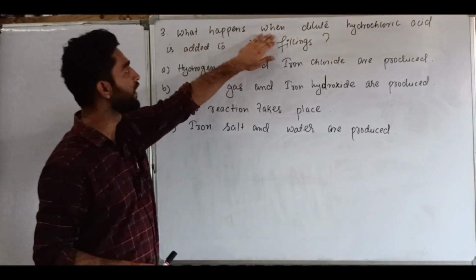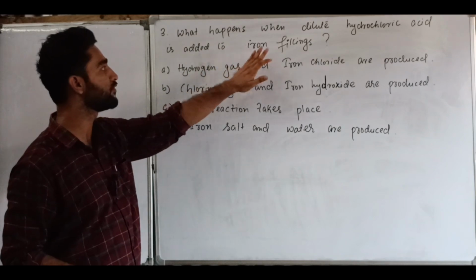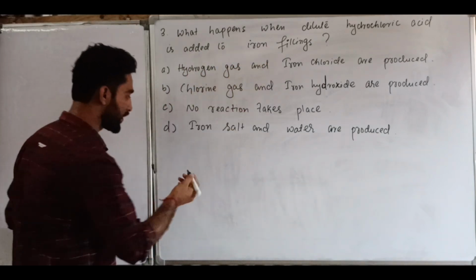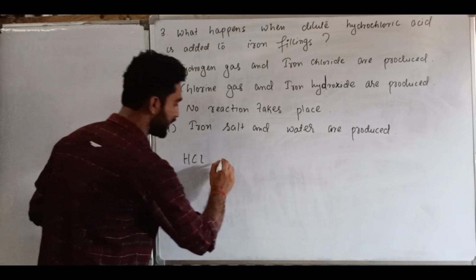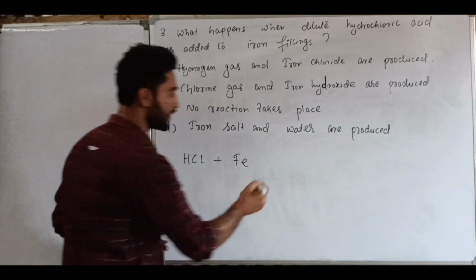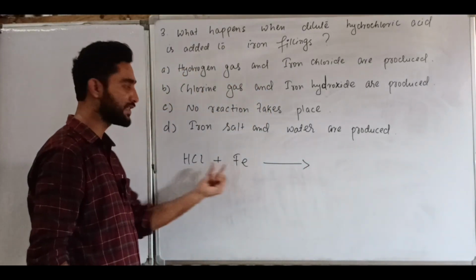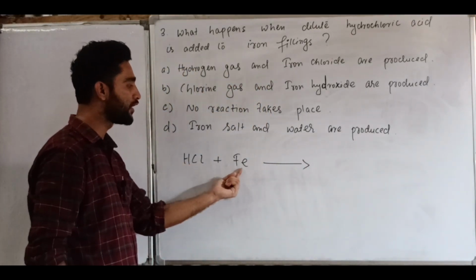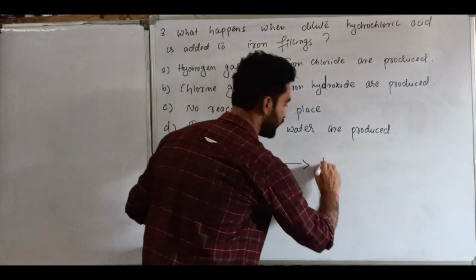What happens when dilute hydrochloric acid is added to iron filings? So hydrochloric acid formula is HCl. When the hydrochloric acid reacts with the iron, then what will they form? So see, in the reactivity series, iron is placed above hydrogen. So iron easily can displace this hydrogen and they will form